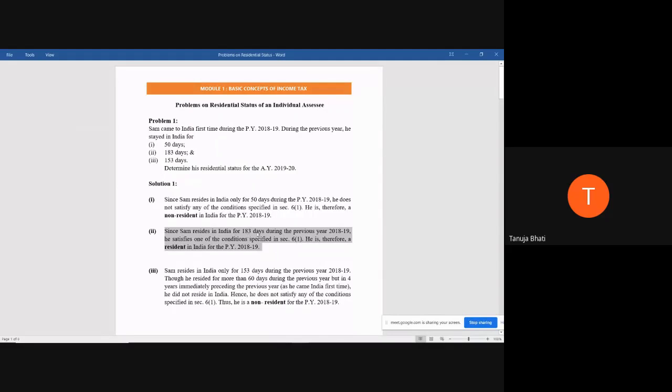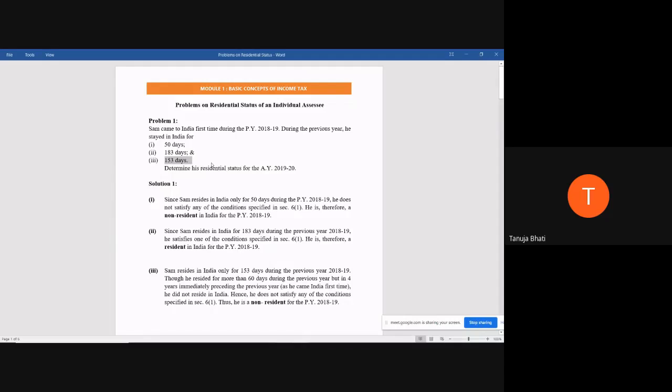Since Sam resides in India for 183 days during the previous year 18-19, he satisfies one of the conditions specified in section 6 subsection 1. He is therefore a resident in India for the previous year 2018-19. So are you all understanding? Next is